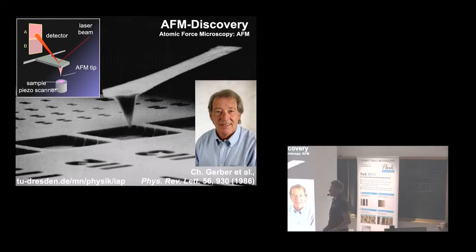driven by Christoph Gerber, the same year, 1986, when the Nobel Prize was awarded to Binnig and Rohrer for their STM. And what we have these days, and I think Karim introduced it already very nicely, is a cantilever, and most times we measure the deflection of this cantilever by a beam. I do have also some experiments here, and you will see, I will use them during the